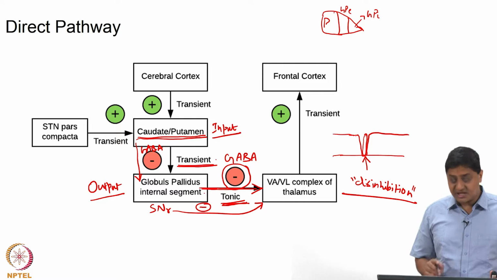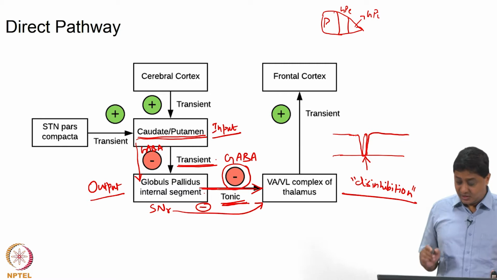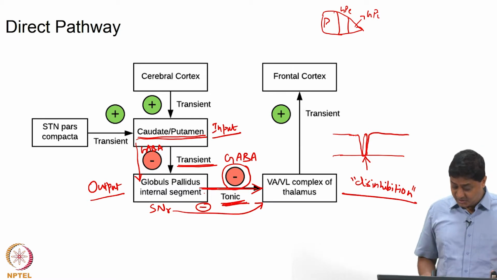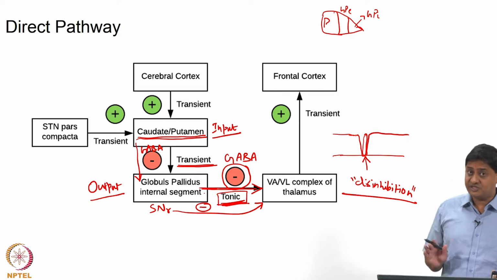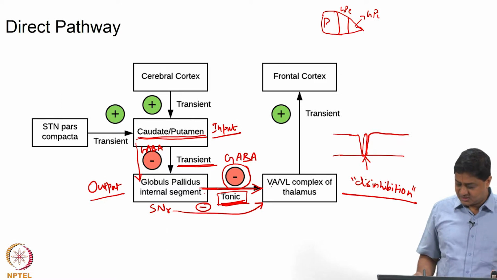Because striatal inputs to the globus pallidus internal are transient, whereas globus pallidus input to the thalamocortical neurons is tonic, right. So, this inhibition is tonic, very important to remember. The inhibition from GPI is tonic. So, whenever striatum sends an input, for a brief amount of time the thalamocortical neurons are disinhibited,